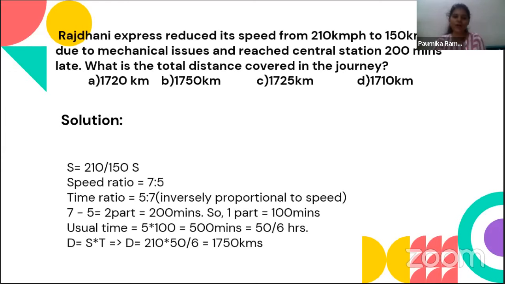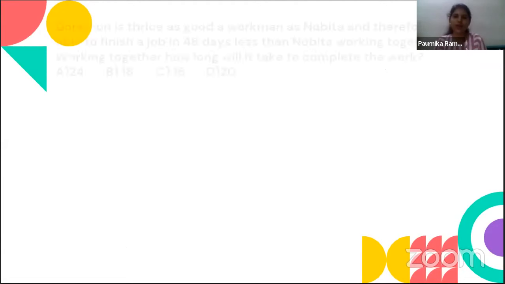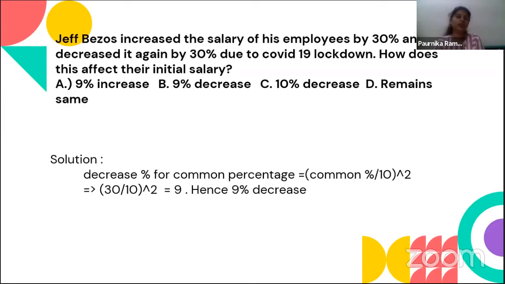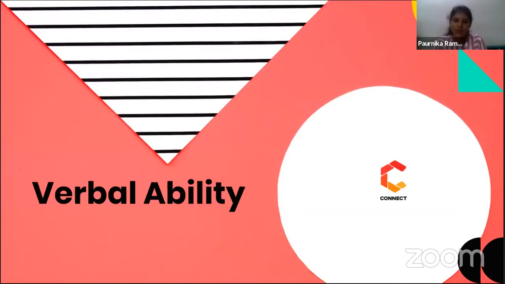The approach is that easy. You don't even have to get a pen and paper in your hand. Just by seeing the question, you can yield the answer if you follow a few tips and tricks. So yes, that's a very constricted topic on quantitative aptitude, since we don't have much time. Next, we'll move on to verbal ability.